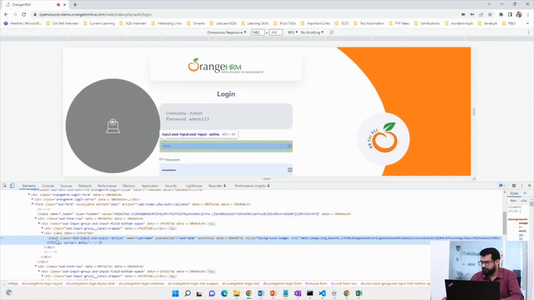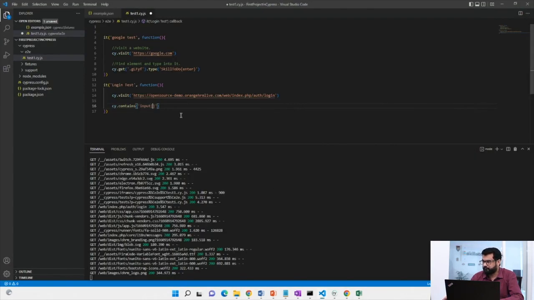Okay, so this is an input, and inside it the tag name is username, and the value is username. So we can use this one. So I would say name equals username and then